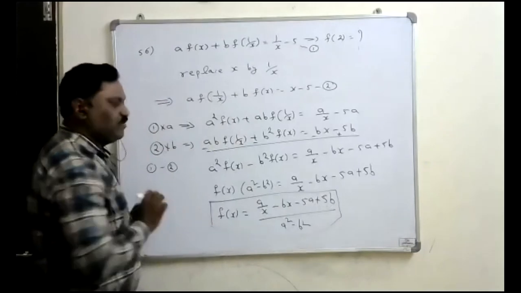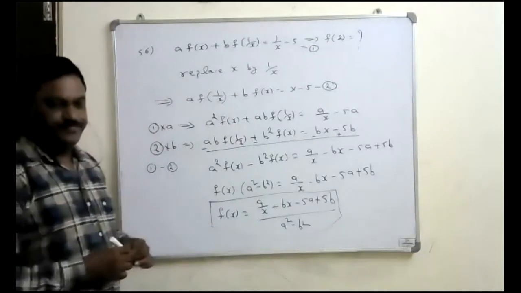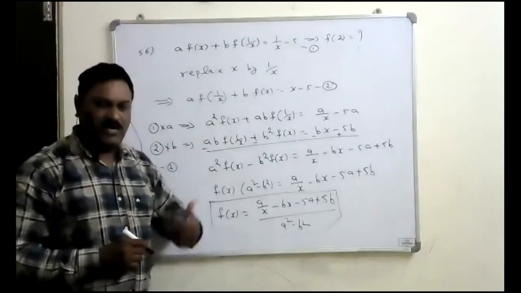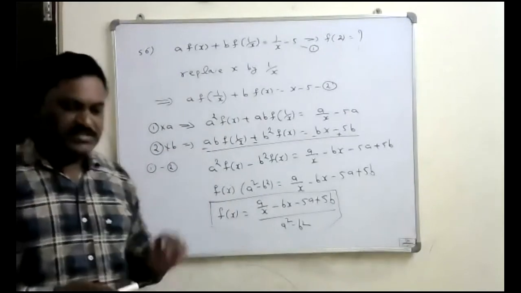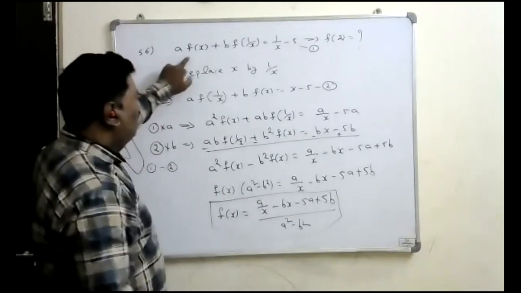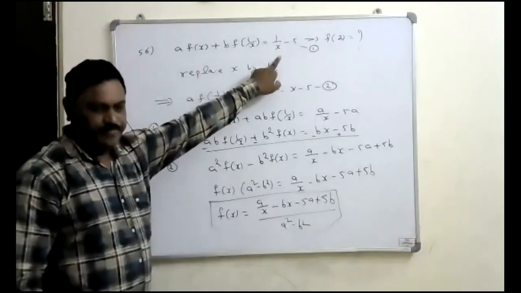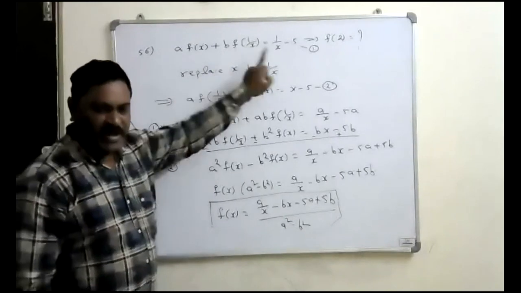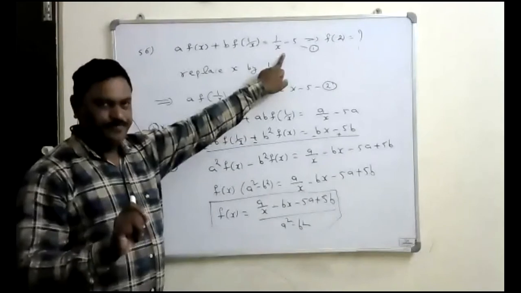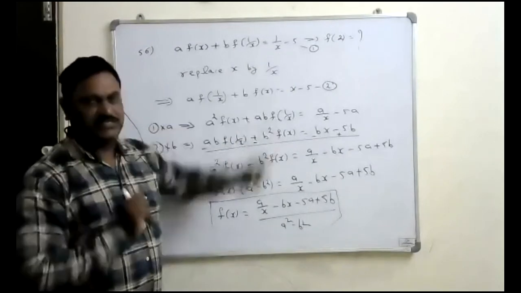Okay, so this is the procedure we have to remember. Understand? Because they ask this so many times, even in the GMAIN, sometimes they ask in the CET also. So look at the procedure once again. When the relation is given like this, from this how to find f of x? How to find f of x?